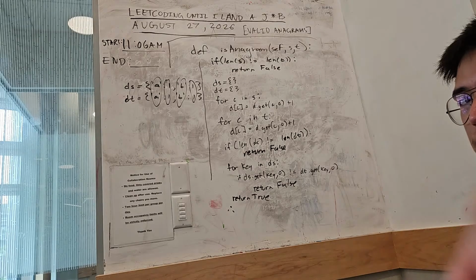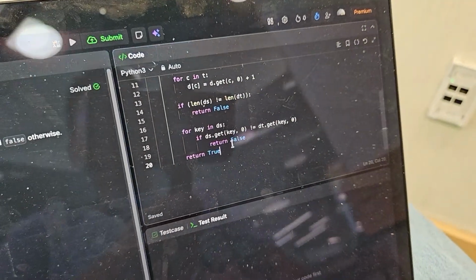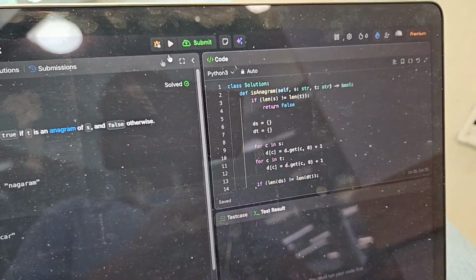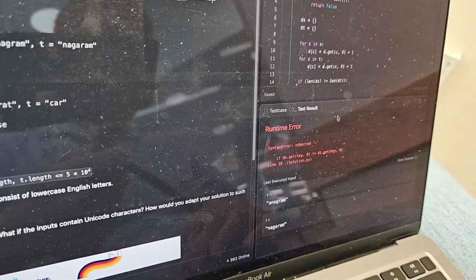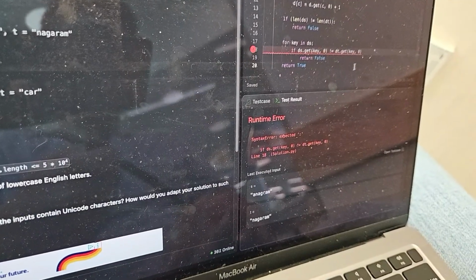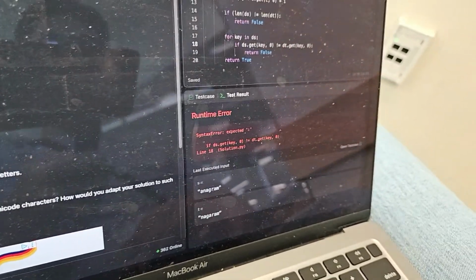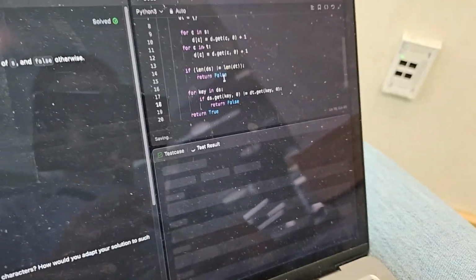This should, I swear, this should work. Okay, we have our code here. It's high quality. We're gonna run the test cases. This should work. I'm gonna cry. And we get a syntax error. Nice, we got a syntax error. Let's run it one more time.